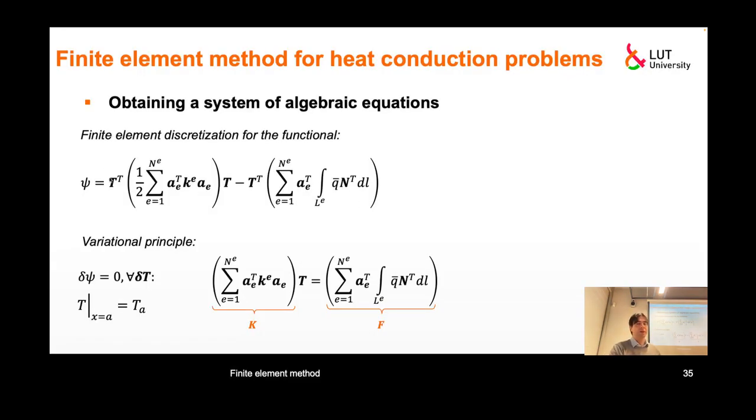Okay, I moved it here a little bit to make space for other things. So what does the variational principle now say? The variational principle says that the first variation of this functional, for any test function delta T, must be equal to 0. And if I use this principle with this equation,